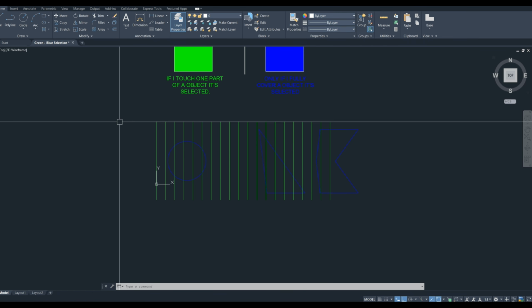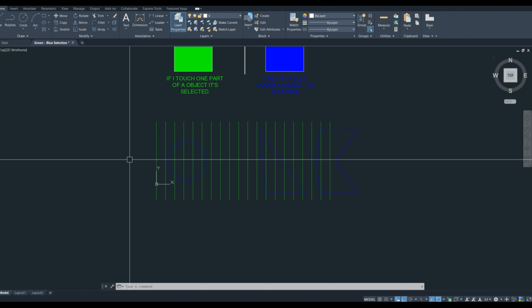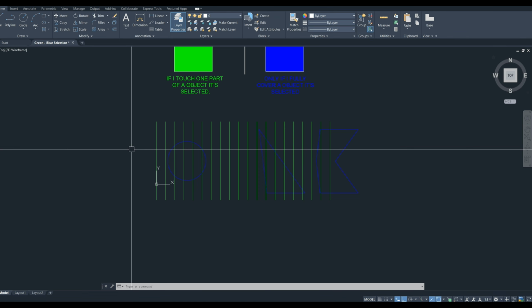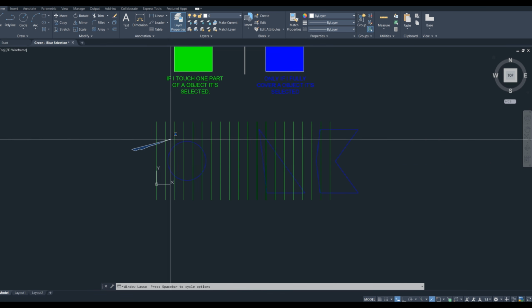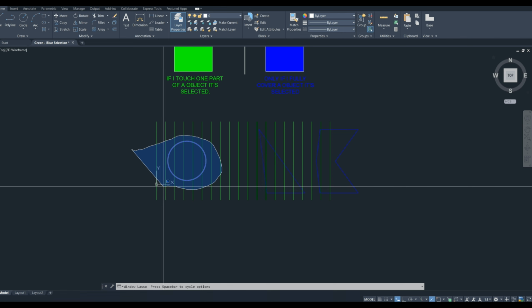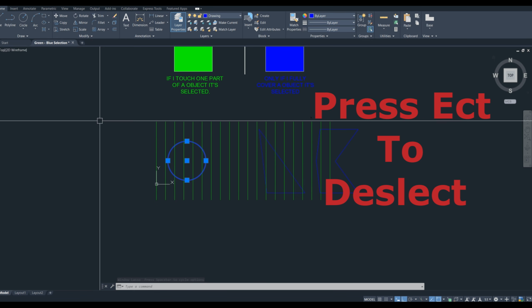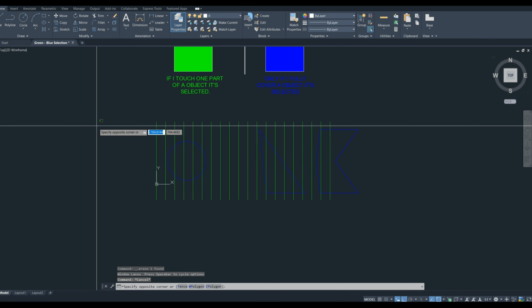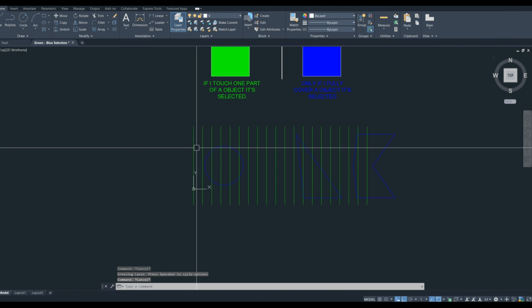So let's say I wanted to select my blue circle here. I could use a blue selection set, but alongside this is a different function within selections. So if I click with my mouse and I hold down the click, I can now draw a selection shape. I can just bring my mouse all the way around like this. As you can see, as I cover my circle, it's now selected. So instead of 2 clicks, I press escape, like I was doing before, click once and click again for my selection. If I click